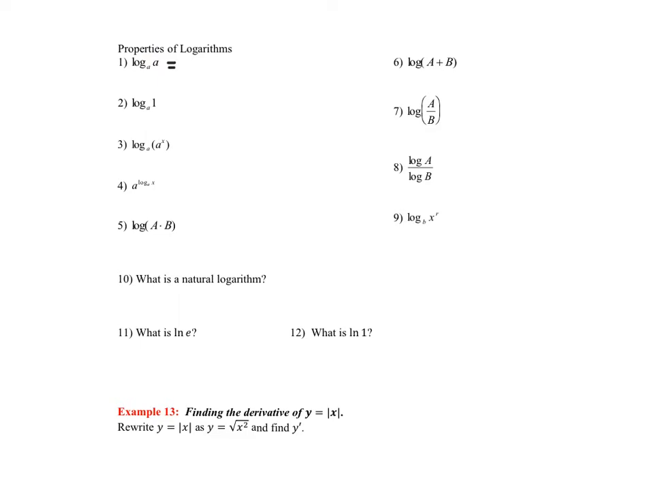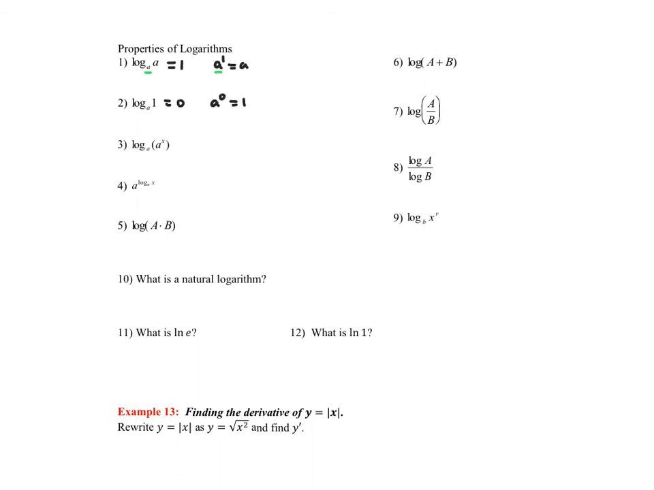Log base a of a equals 1 because a to the 1 equals a. Now, this a right here is this a, right? I'm just writing in exponential form. All right, so in the next example, log base a of 1 equals 0 because a to the 0 equals